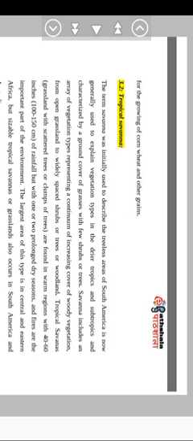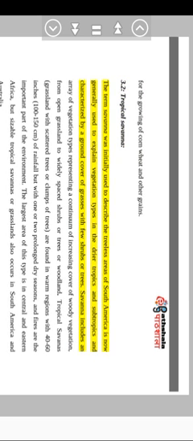3.2. Tropical savanna. The term savanna was initially used to describe the treeless areas of South America, and is now generally used to explain vegetation types in the drier tropics and subtropics